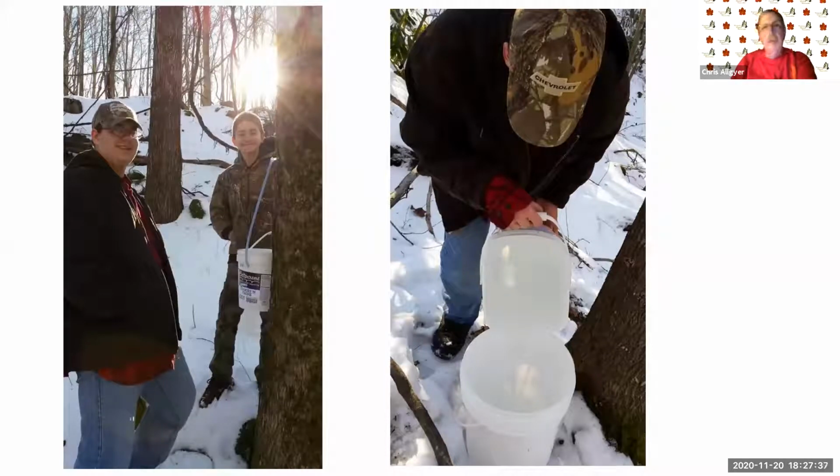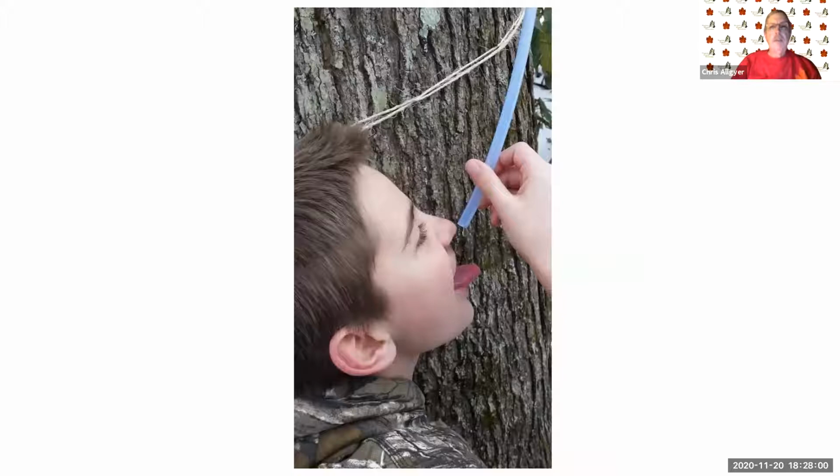If the sap freezes, that's not a problem. It'll stay good. In fact, it's probably better than if it gets too warm, because we need to check the buckets regularly. If any sap is collected during a warm spell, we need to get it refrigerated to keep until we have enough to start cooking it. The sap itself